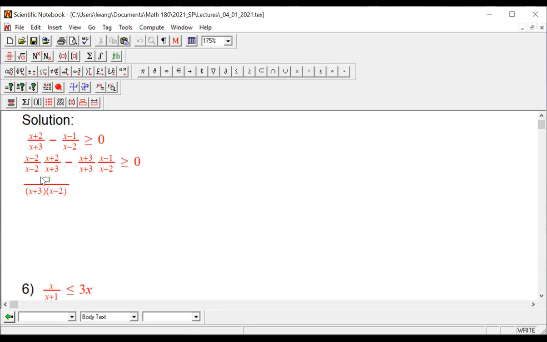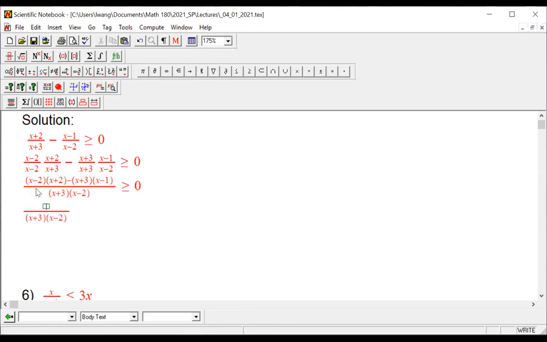The numerator, I will have x minus 2 times x plus 2, minus x plus 3 times x minus 1, greater than or equal to 0. So all of these, if this is true, then this. If this is true, then this, right? So we're going through that line with an if statement all along the way. The denominator is such,